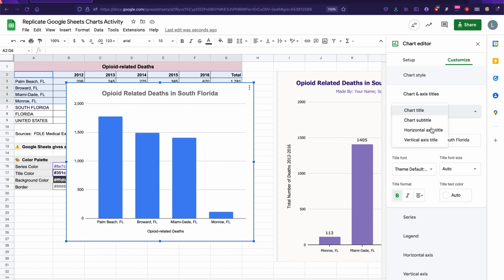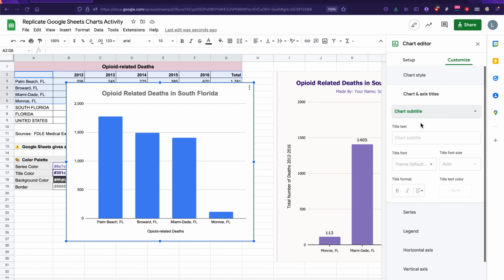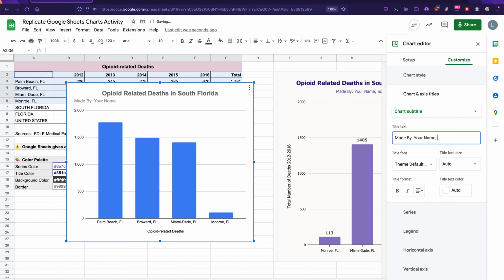I also can add a subtitle in this section. I'm going to select Chart Subtitle. And in the subtitle, I'm going to ask you for each of these charts to put your name in it. So you can start by saying made by your name, typing that out. And then always, always, always, whenever you create a chart, you're going to want to add a source for your